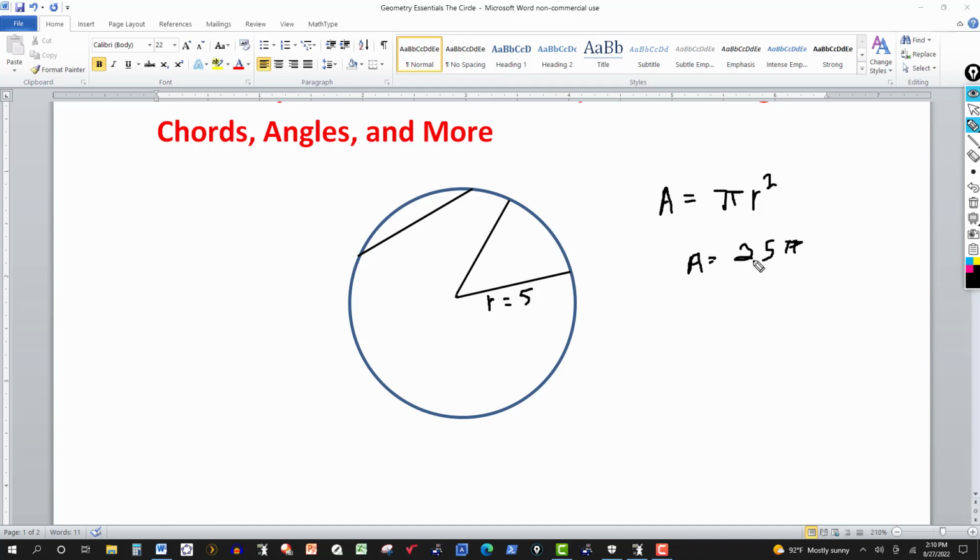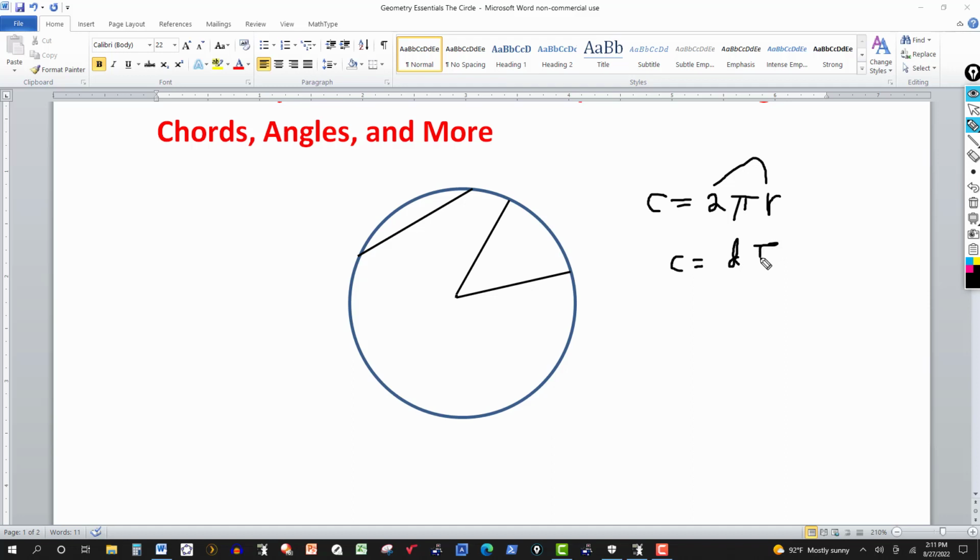And of course if you want an approximation, you can just use your calculator, multiply 25 by pi. You can use 3.14, or just use the pi that's in your calculator. It's more accurate. Now the circumference of the circle is 2 pi r. That's like the perimeter distance around the circle. So in the same circle, if you know the radius to be 5, then the circumference is going to be 10 pi. Now because the diameter is twice the radius, 2r is the diameter, so I could also use the formula C is equal to D